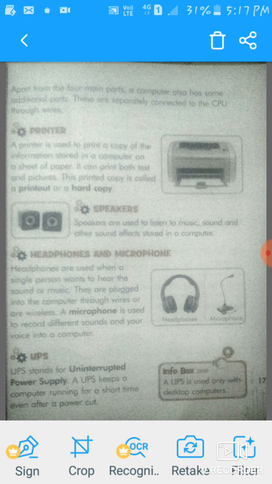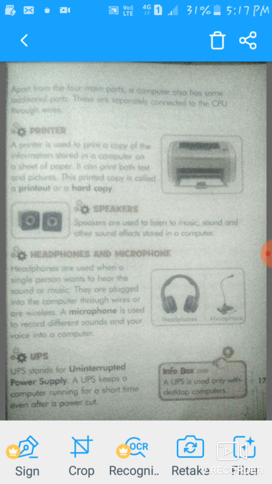Speakers. They are also parts of a computer that are connected to the CPU. Now, dear children, how do we use speakers and what are they for?